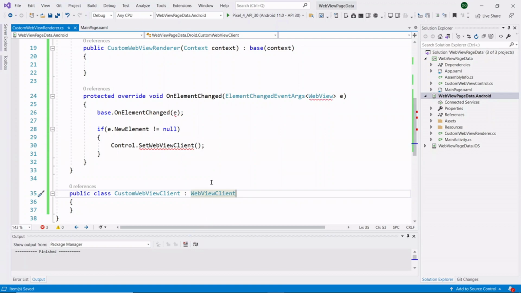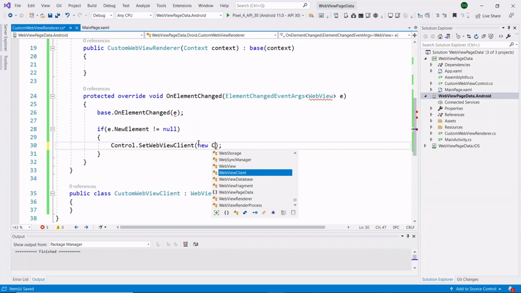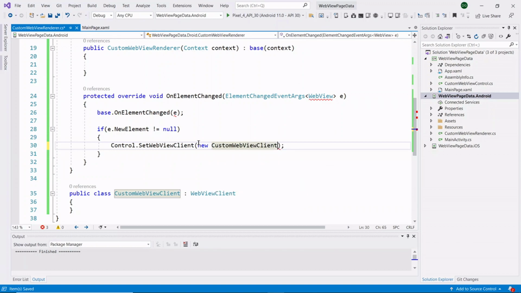Now we have successfully created the CustomWebViewClient, and we need to pass this CustomWebViewClient to our SetWebViewClient. So here we have successfully set our custom WebView client to our control.